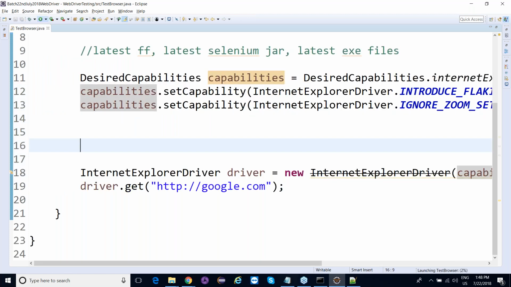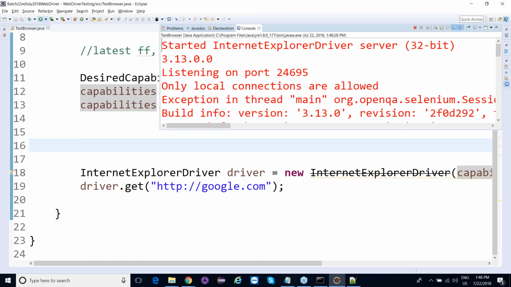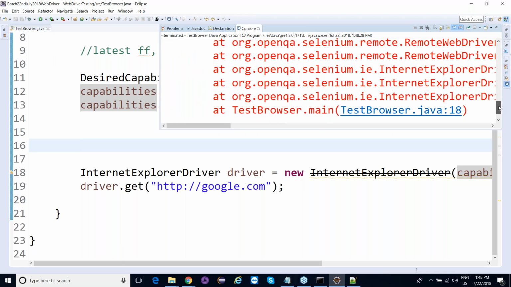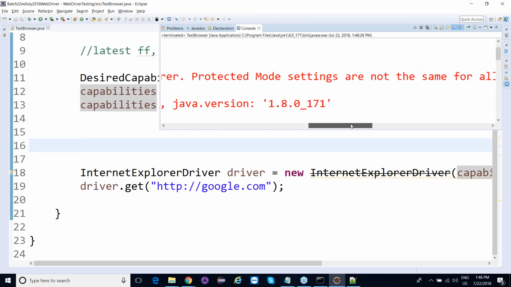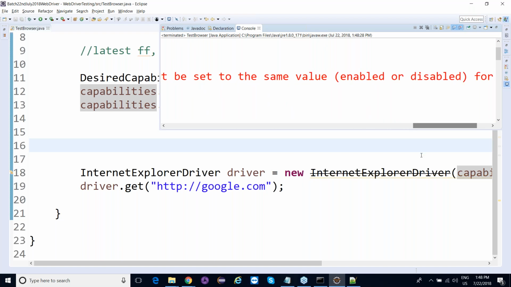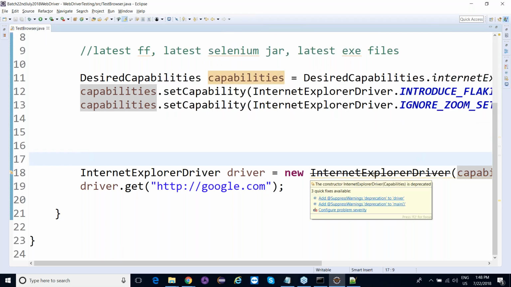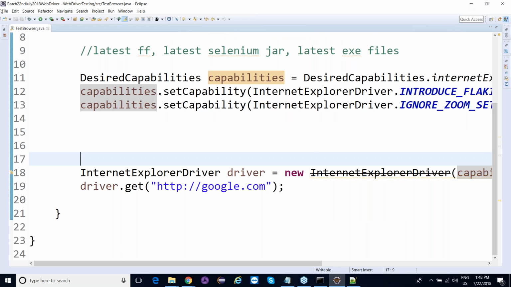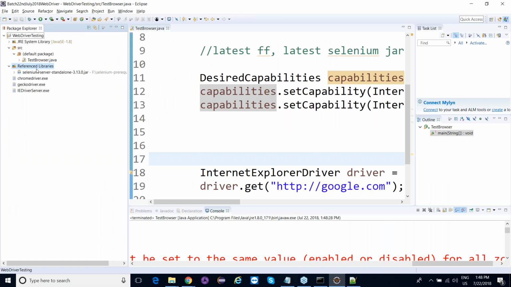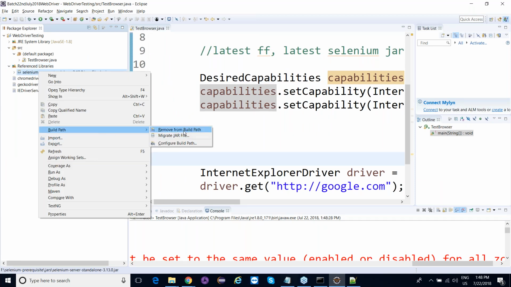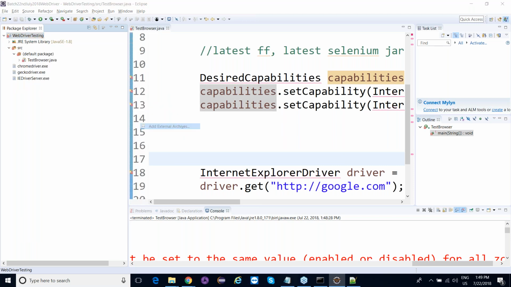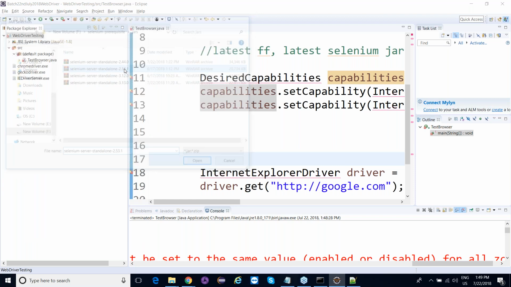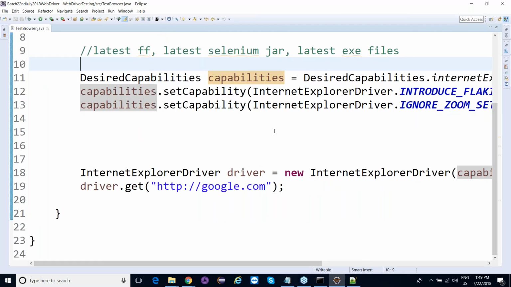Once you do it, and if you run your code now, oh, it again shows something. Let's see. No, it should bypass it. This is doing it because it shows deprecated. Maybe in the latest they might have deprecated it. If I remove the latest one, it was working prior to 3.13 or 3.12. Maybe let me add this, 2.53. And if I run this now,